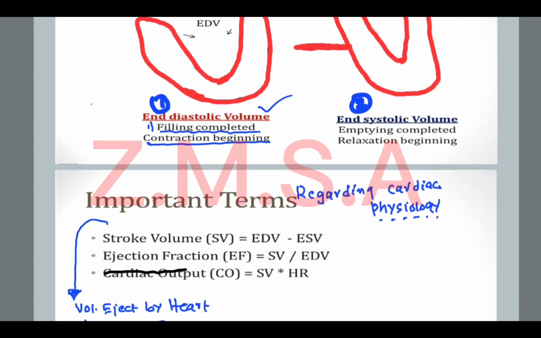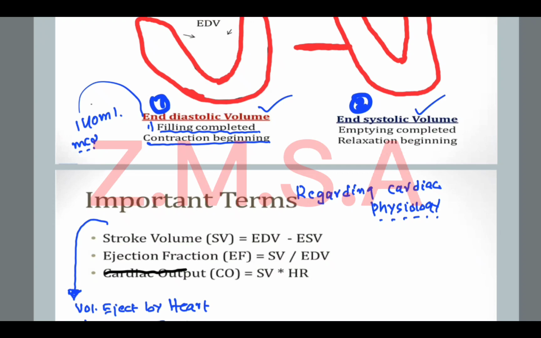In a healthy person, end diastolic volume is 140 ml. And here's one important MCQ. As I already told you, end diastolic volume is also known as preload, and preload is decreased by vasodilators, for example nitroglycerin. Next is the end systolic volume. End systolic volume is the amount of blood which